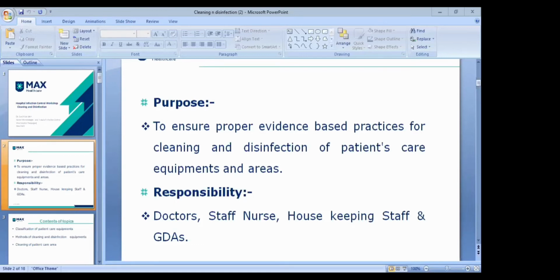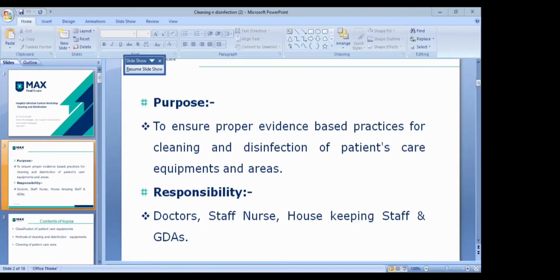So it could be critical, non-critical. There's a Spalding classification, where it is divided into non-critical, semi-critical and critical equipments. Non-critical equipments are those which go on the skin surfaces only. Semi-critical equipments are those which touch the mucous surfaces, and critical equipments are those which go inside the patient, beyond the mucous membranes, into the sterile spaces. So that is known as the Spalding classification, and according to the equipments, we would use it.